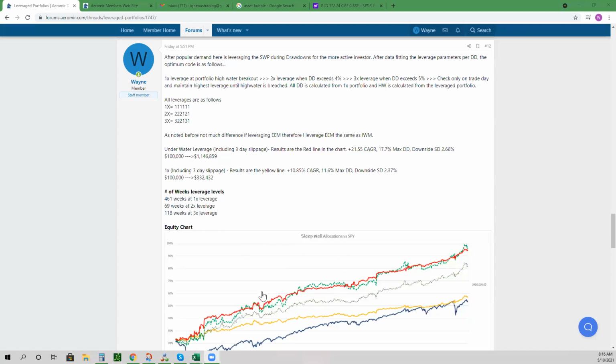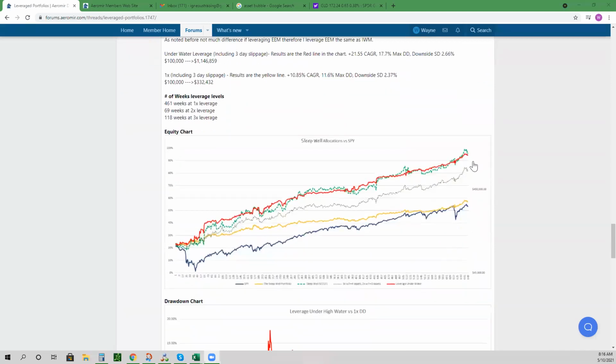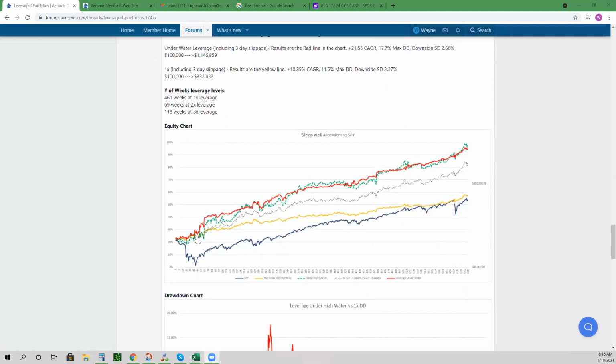So this red line down here, let me explain all these graphs really quick. The green dashed line back here is a raw 3x leveraged portfolio of the sleep well portfolio, so it does close to about 22% annualized. That's a CAGR too, not an average annual. An average annual would actually be a little bit higher. And then this dashed line down here that is a little bit more gray